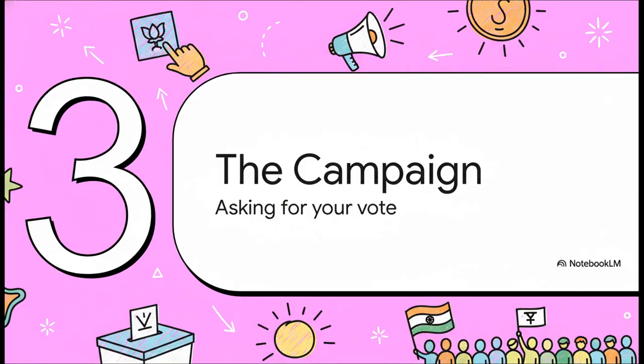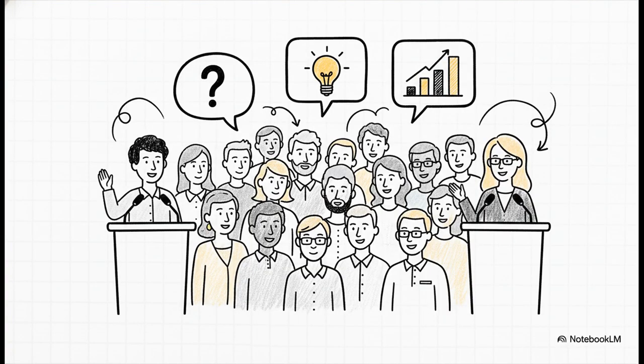All right, so the candidates are now finalized. And this is when the election enters its most visible and energetic phase. Our third section, the Great Indian Campaign. This is the time when parties and candidates go to the people to ask for their votes. So why is campaigning so important? Well, in a democracy, it is absolutely essential. The campaign period is the time for a free and open discussion. It gives people a chance to hear different leaders, to debate which party has better policies, and to decide who would form a better government for the country.